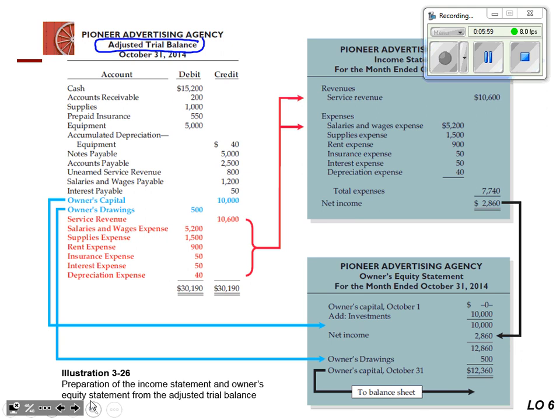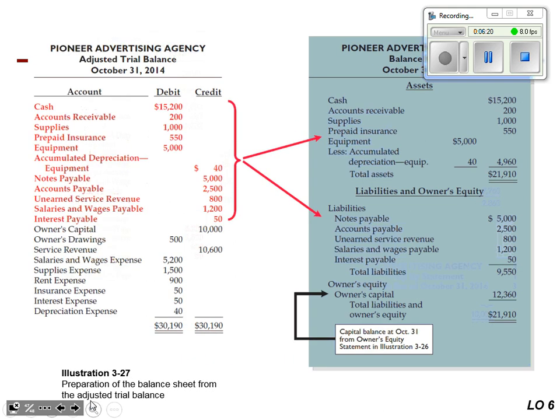This, I think, is complicated looking. Do you have it in your notes? But it's basically just showing the adjusted trial balance and then where you shove the numbers. It's just a visual for you on paper instead of in your book. Then of course we make